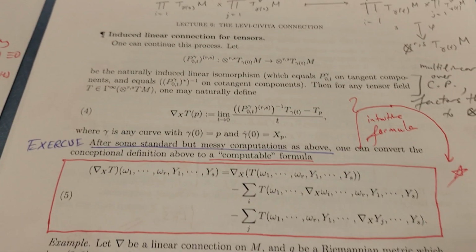All right, so in words, the covariant derivative of a tensor field in the direction x is going to be, okay, covariant derivative nabla x of t is another R,S tensor field. If t is an R,S tensor field, nabla x t is another R,S tensor field. To evaluate this new R,S tensor field, we take in R covector fields and S vector fields, okay? And then the formula is